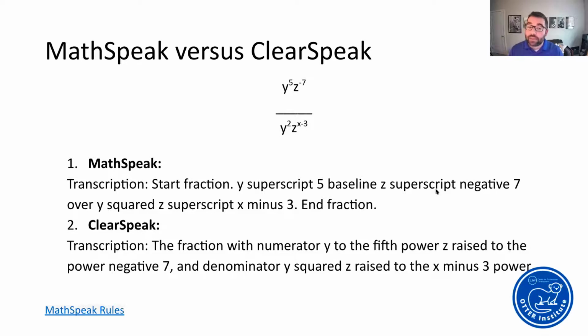When we look at the bottom, the clear speak rules: the fraction with a numerator y to the 5th power. You hear how it's just a little bit more conversational, and it's getting to how someone would actually read that equation. So much of our conversations about math accessibility don't get to this point. But if we're going to really think about math accessibility as helping, we need to make sure that the assistive technology expert who's helping that student set up their AT knows the difference between math speak and clear speak